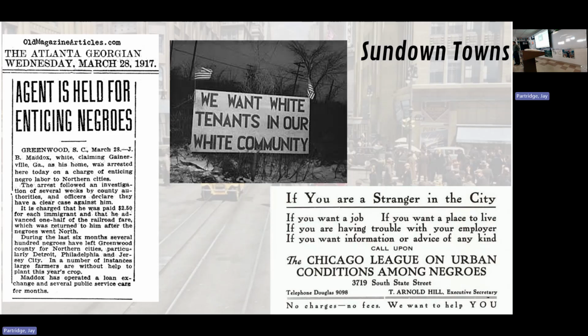So these were people who, regardless of their prejudice or bigotry, did not become truly known until black people started moving into white neighborhoods. And so here, this agent is actually being arrested for trying to get black people into a neighborhood. And to help people coming in from the South, there is the Urban League, to try to help blacks who are coming from the South.